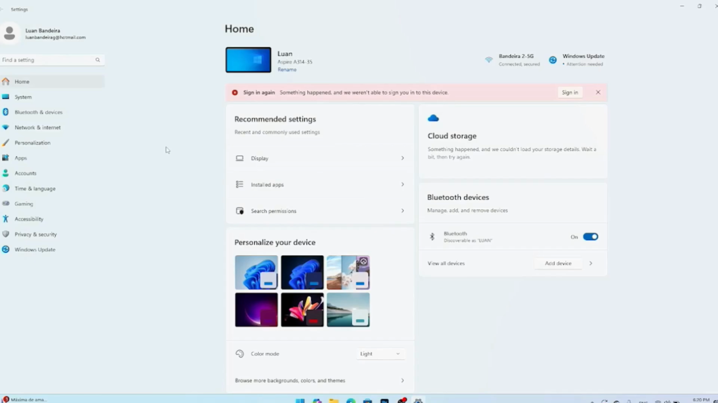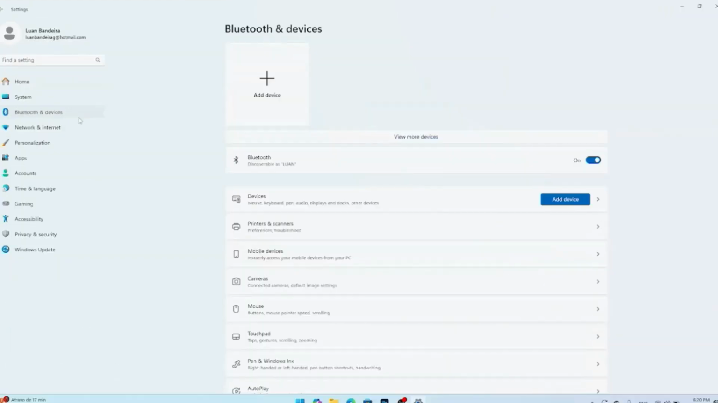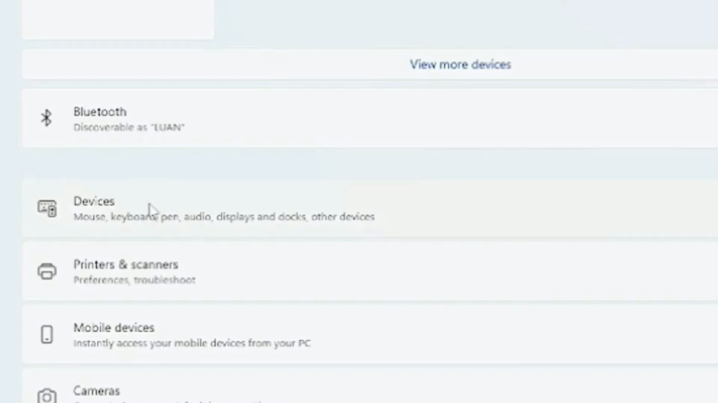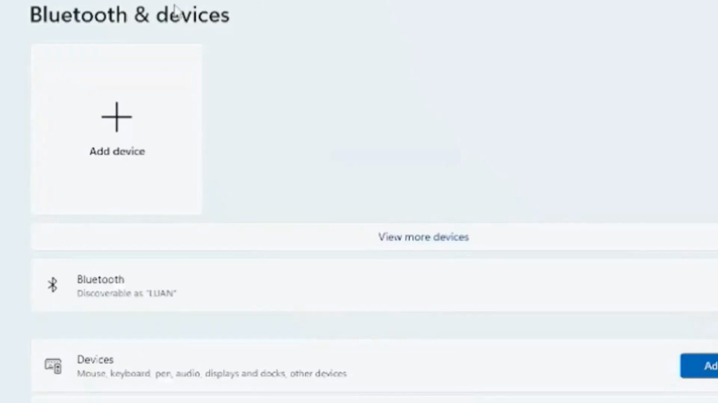When the device is connected, guys, we have to click on Bluetooth and devices to see if the Bluetooth device that you want, the mouse, the headset, the headphones, whatever you want, is connected. We are going to click on devices. Here under other devices, it will show the devices that can be connected via your Bluetooth. If it's not showing up, we are going to go back to Bluetooth and devices right here and go